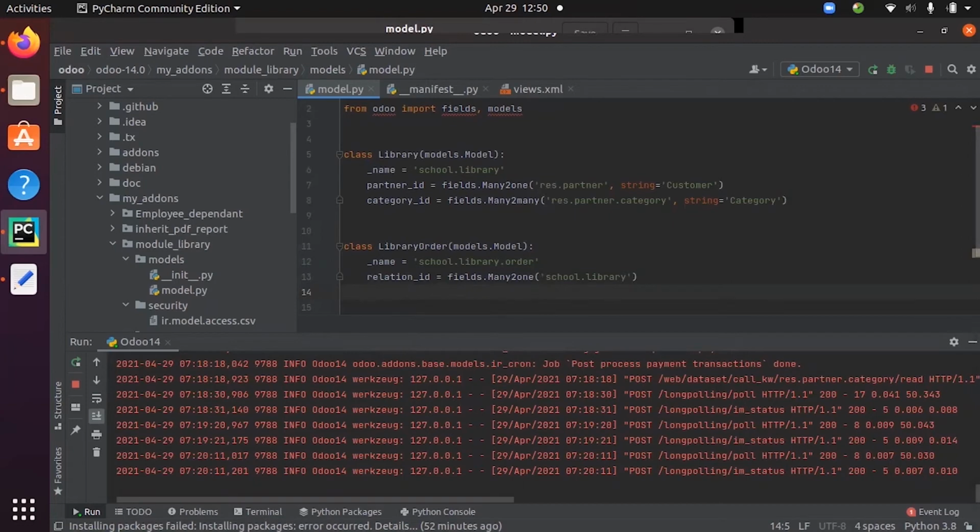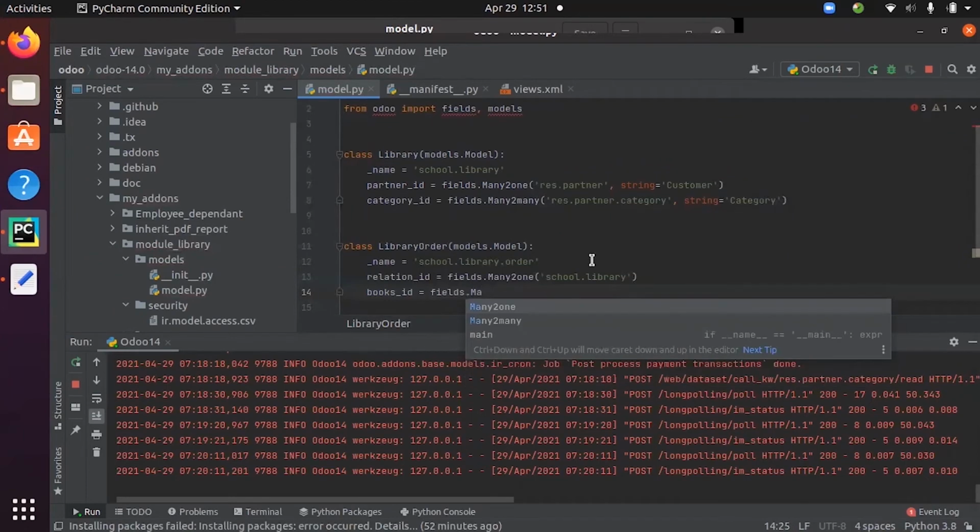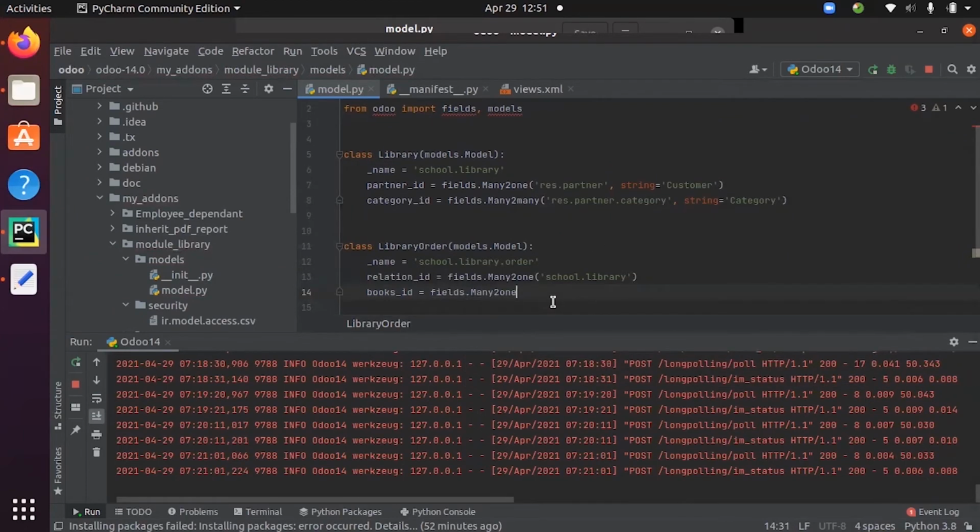Now you can add other fields in this model. So I'm creating a field books ID equal to fields dot many to one, and my comodel is product.